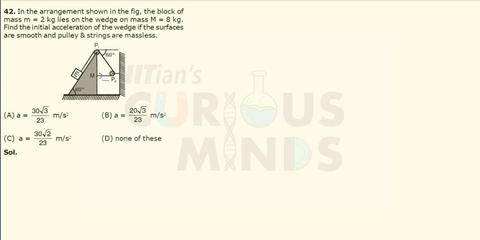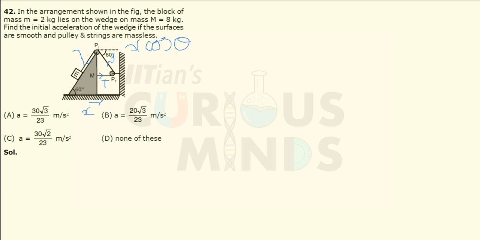Since the string is not changing, the tension will be T over here, the same tension will be T, and the same tension will be T over here. Let us assume the wedge slides by a distance x towards the right hand side. So if you see the arrangement carefully, the distance that is reduced from the edge on the right hand side will be equal to x cos theta.